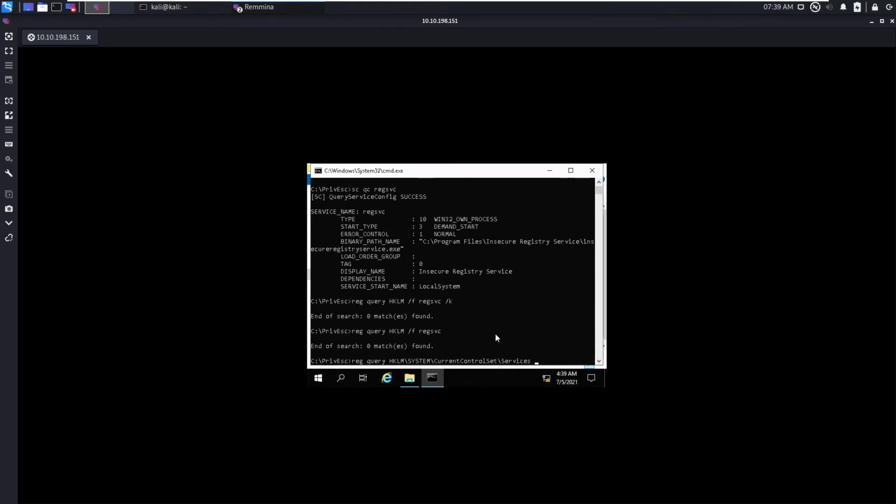In that we want to get all the values, so /v for values and put the star to get all the values.